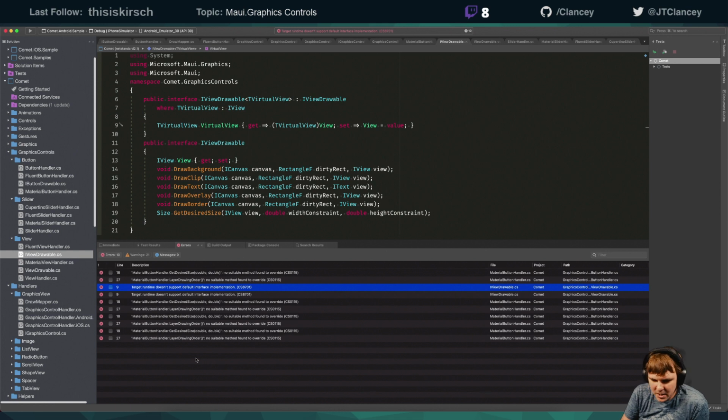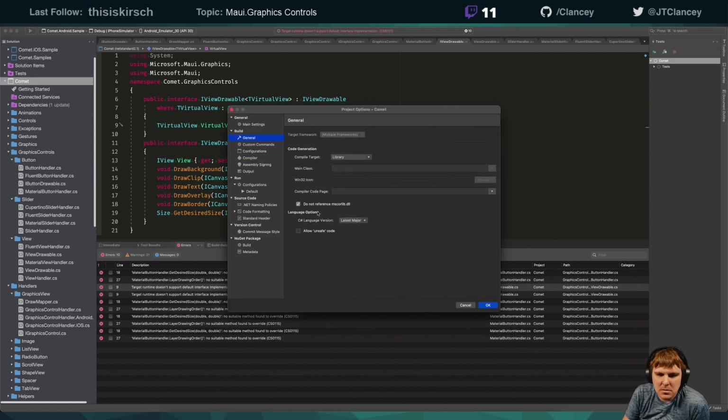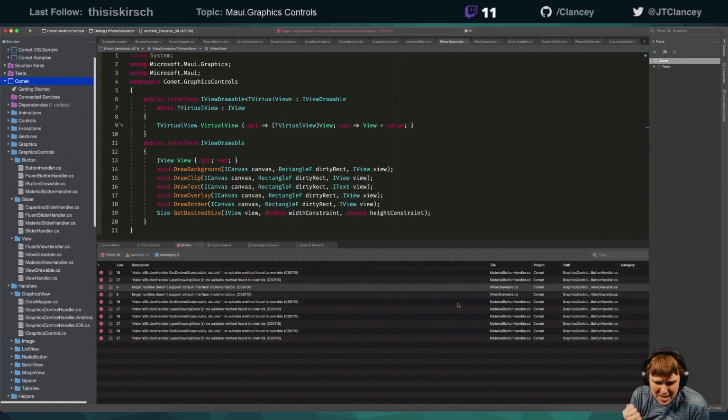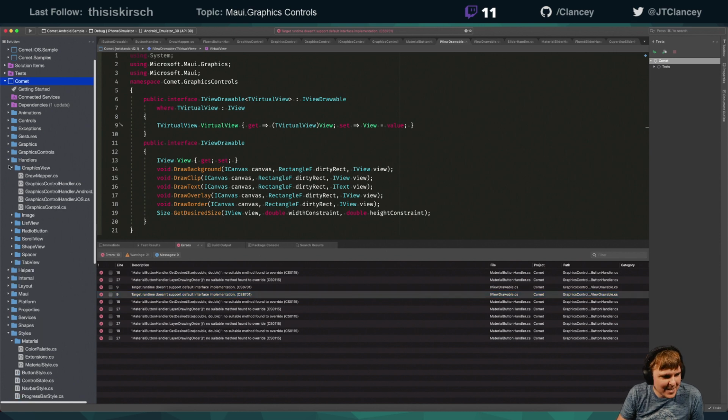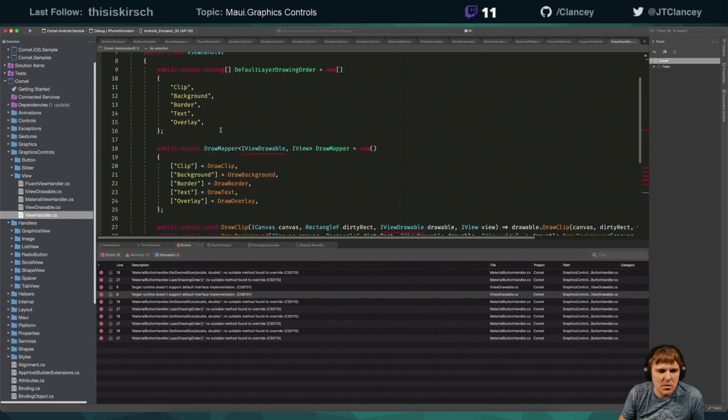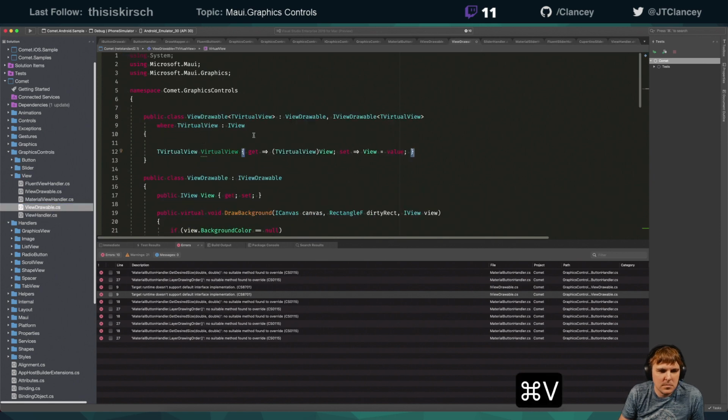What? Target runtime? Which target runtime doesn't, which one? Which runtime doesn't? Why? I liked it. I wonder which runtime it is. Can't have nice things. All right, so let's just go to the graphics. Didn't I? No, view drawable. Let's do that. All right, and now we'll go make button